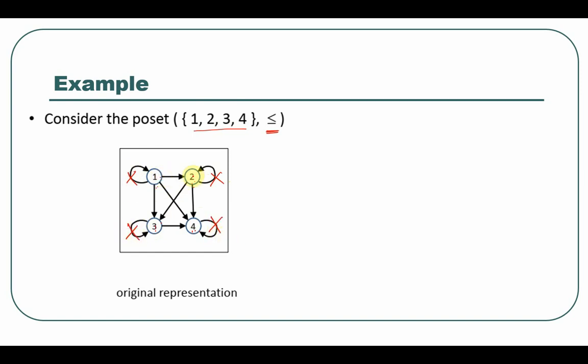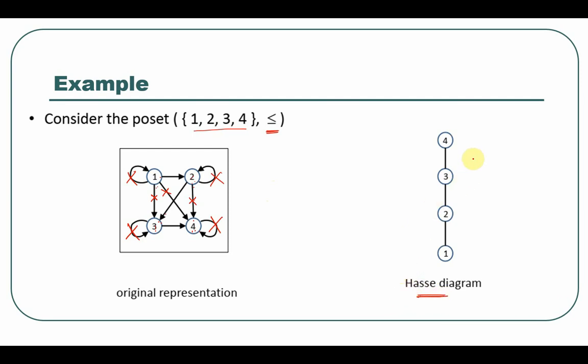So if 1 is less than equal to 2 and 2 is less than equal to 4, so 1 is also less than equal to 4. So this is a non-strict relation. So I'll remove this line. 2 is less than equal to 3 and 3 is less than equal to 4. So 2 is less than equal to 4. This is a transitivity based non-strict relation. Similarly, 1 is related to 2 and 2 is related to 3. So 1 is also related to 3. This is once again a non-strict relation. So I'll eliminate this line. So eventually I'll be left with this. This is the hash diagram.